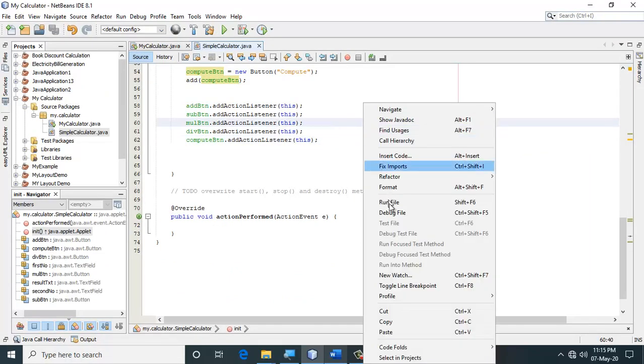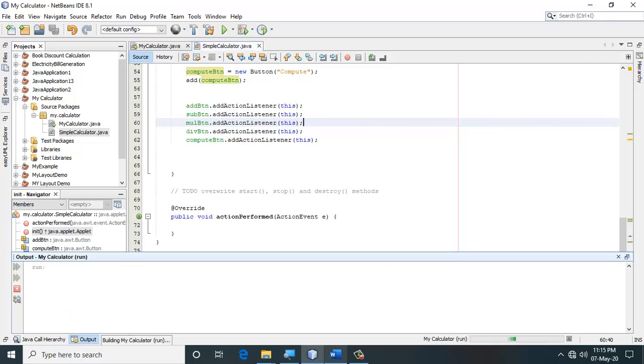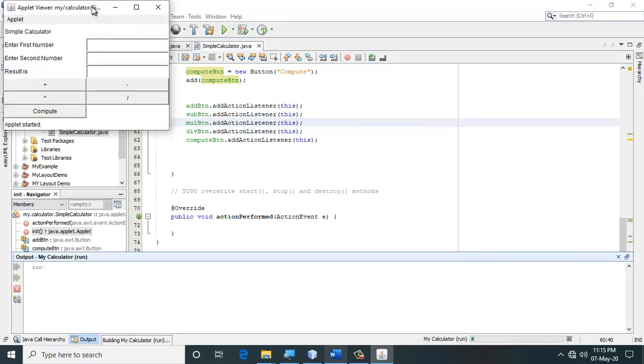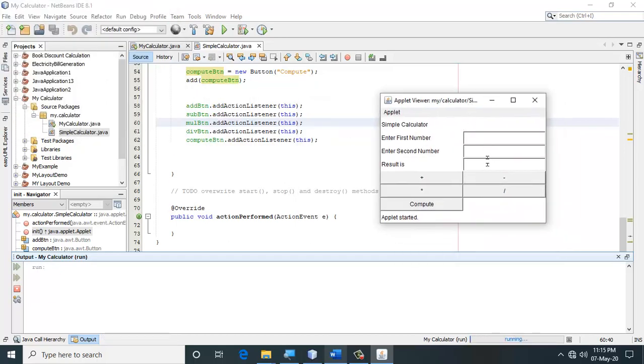Let's look at what we are supposed to do now. I will run my applet. Whenever I click on any of these buttons, this method is called. So when I click on plus, minus, division, compute, whatever I am doing, this method is called.